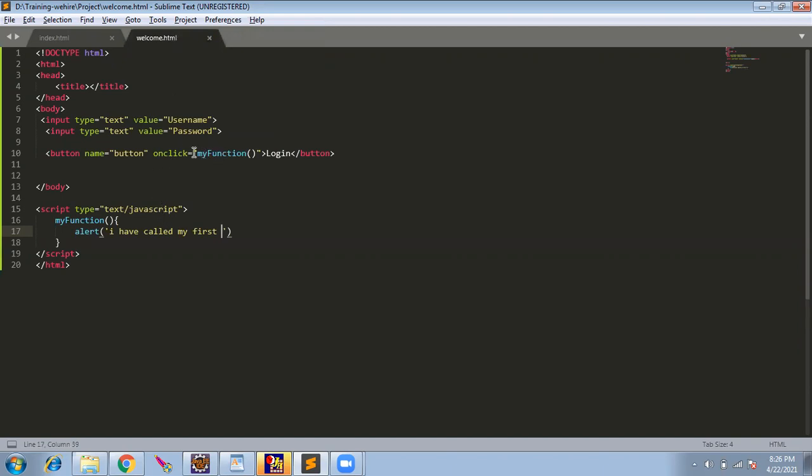So in Sublime Text, CSS, HTML, and JavaScript are going to work, those three. It is just an editor like Notepad. The only thing is, in Notepad you will not have this coloring. Here you can see coloring, so you can easily identify what is a tag, what is a keyword, what is a function. So what we do on button click, we are calling a function. It is the same as a Java method, but here we don't have return types. We call a function. Here I am giving an alert. I'll save this.